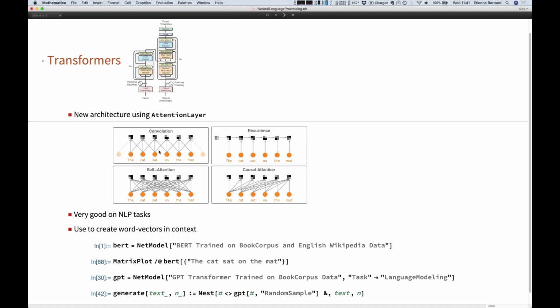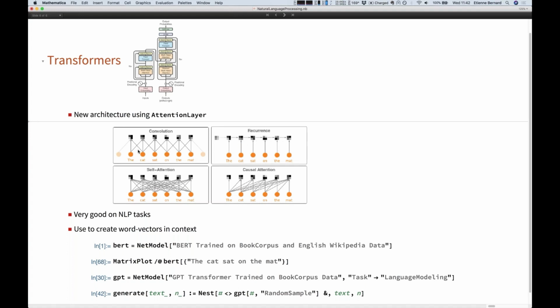So it's kind of a local processing. And recurrence is a bit the same. You grab the representation of the, and then you grab the representation of cat, and you compute something new with these two things, and then you update your computation by reading sat and then by reading on. So the flow of information goes this way.